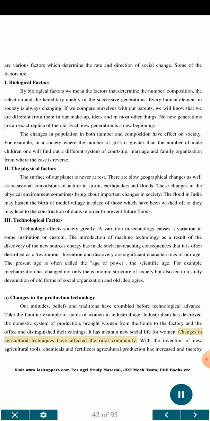Changes in agricultural techniques have affected the rural community. With the invention of new agricultural tools, chemicals and fertilizer, agricultural production has increased and thereby